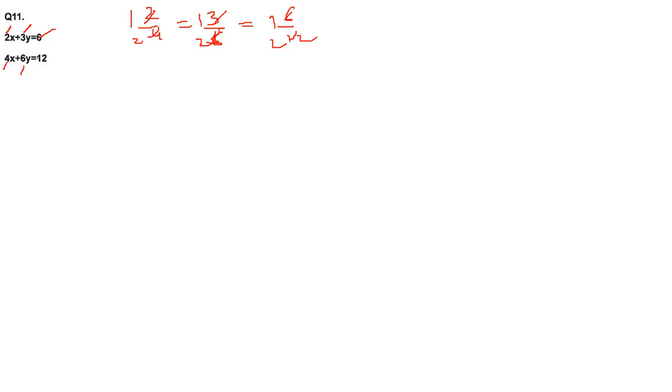How to find it? Just divide each one by 2. What do you get? 2x plus 3y equal to 6. So this line and this line are exactly similar. There is no difference. So there is only one line. So the solution is that if you are making one line and you are making another line over it, that means these all are infinitely many solutions.